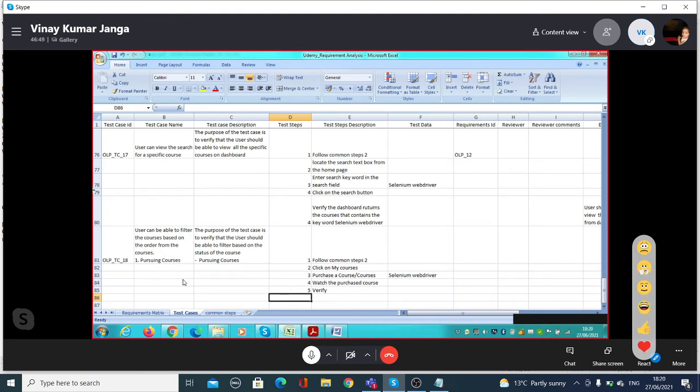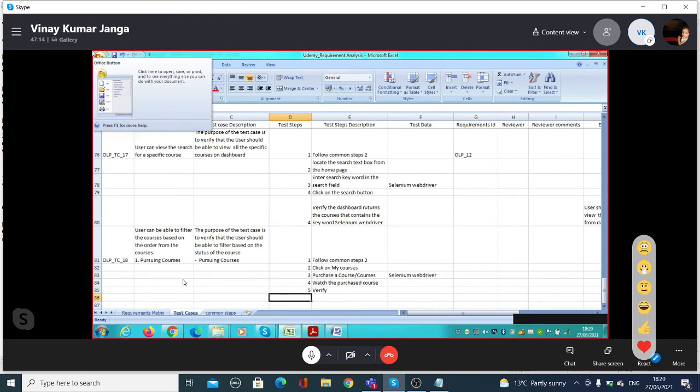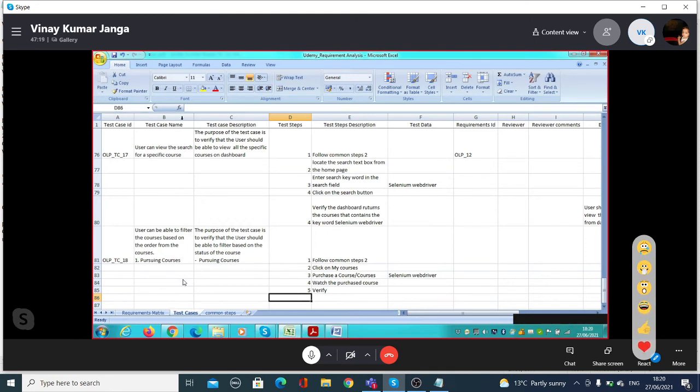How is it decided? Based on the previous features, we have to have exactly the same approach. In the same project, if other requirements have used tabs, then we should use tabs. If they have used drop down fields, then we should use drop down fields. If they have used buttons, then we will use buttons. Understood? So the approach should be standard for the whole application.